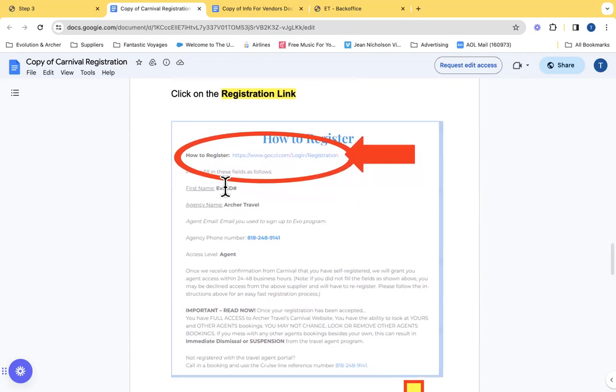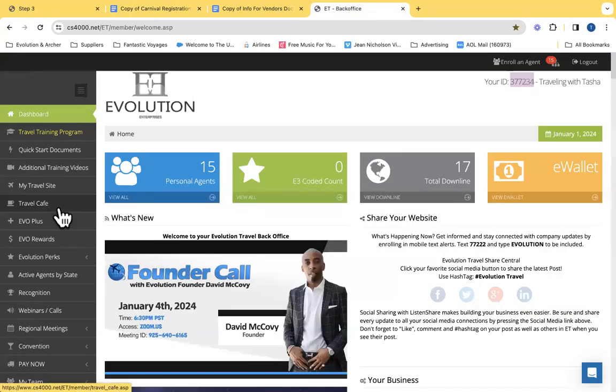All right, your first name is going to be your Evolution ID number. Lots and lots of people get rejected from Carnival because they don't put their Evolution ID number. They put their real first name there. Okay. Archer Travel for agency, the email you're registered with, the phone number that's specific to cruise lines, and we choose agent, right? So I go back to the Travel Cafe,